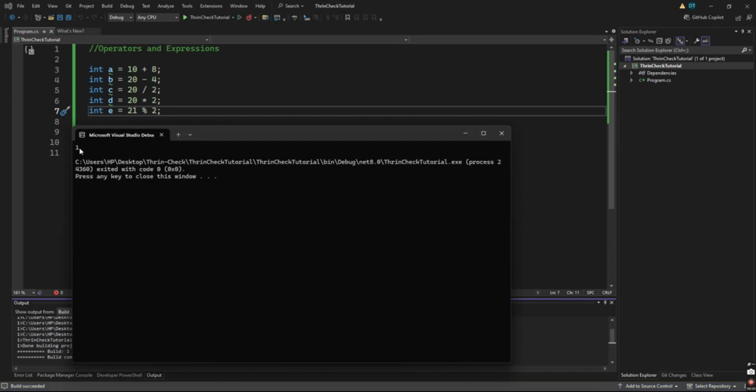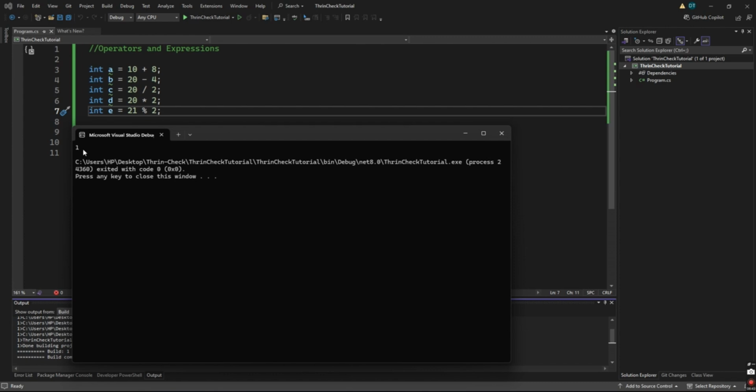You can see it has a remainder of 1. So modulus is when you divide. I think that's the best way to explain division when you are dividing with a value that will have a remainder. Basically, when we divide 20 by 2, it gives us 0 because it does not